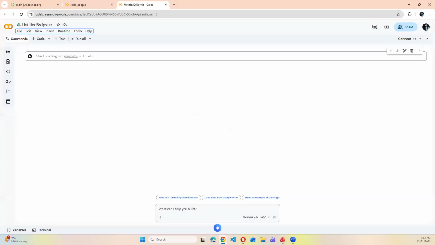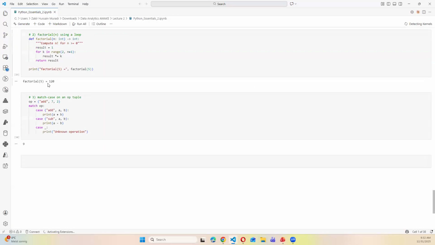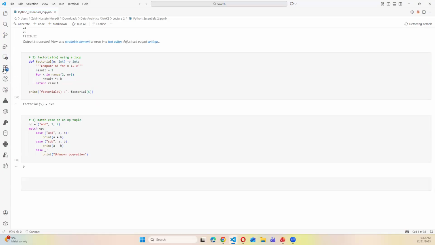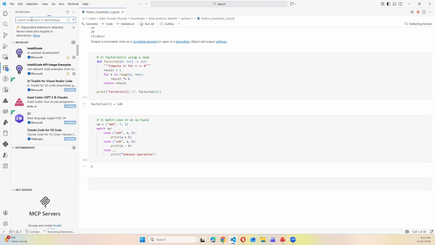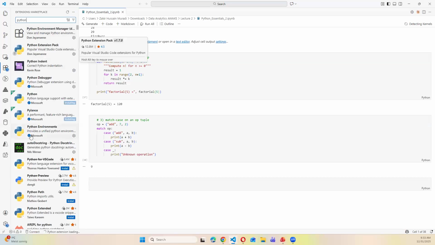You are right. As I already mentioned, you can have Python through Visual Studio. You can see here, for example, I have Python Essential here. So I can run this one in Visual Studio. You will just install Python. Once you have Python, you can easily do it, and you can see the execution. You will go from here and take the Python extension, and install the extension. You can use any one, not only this one.